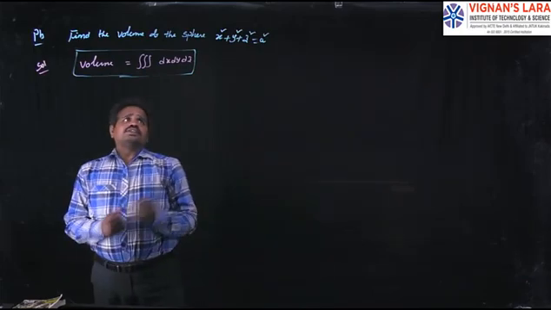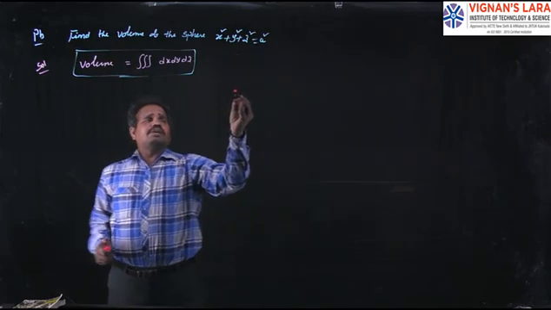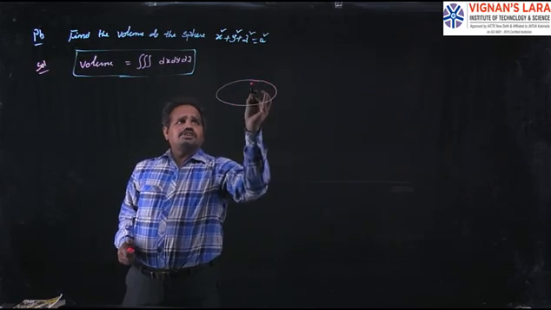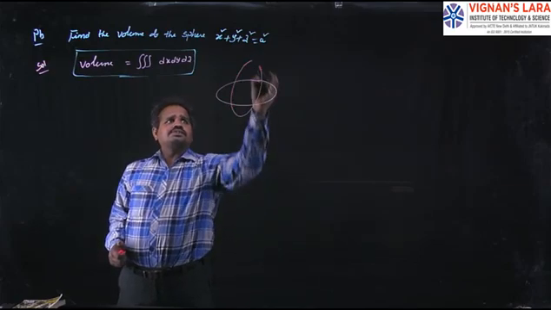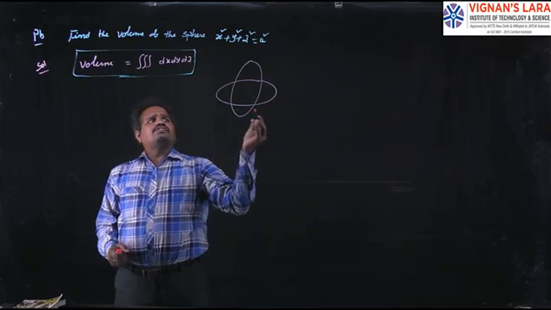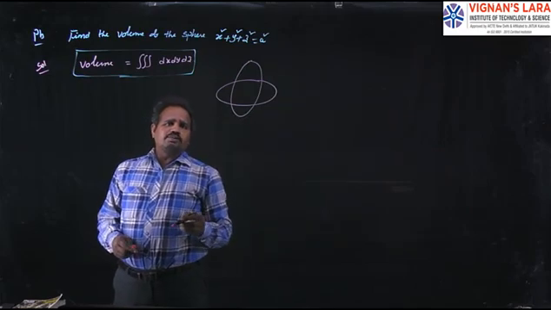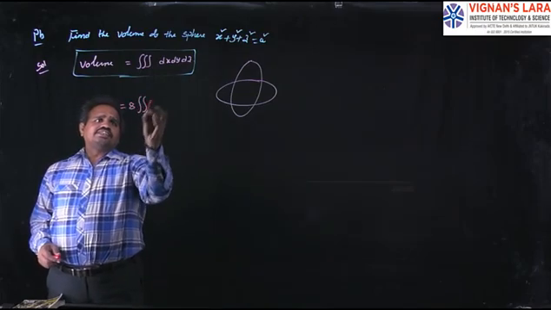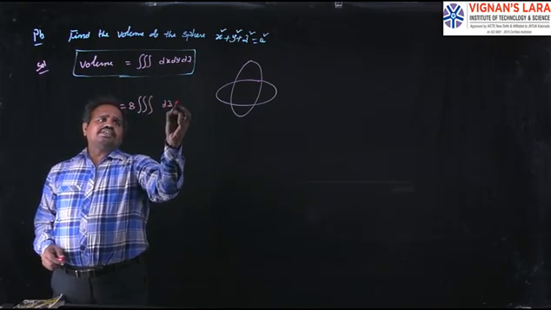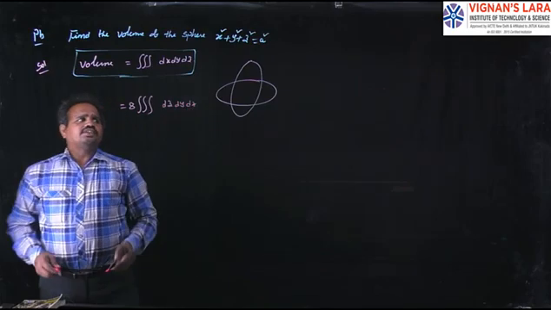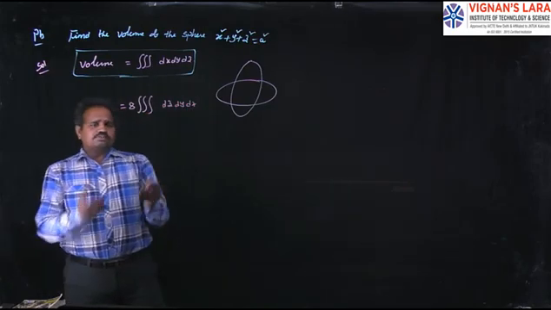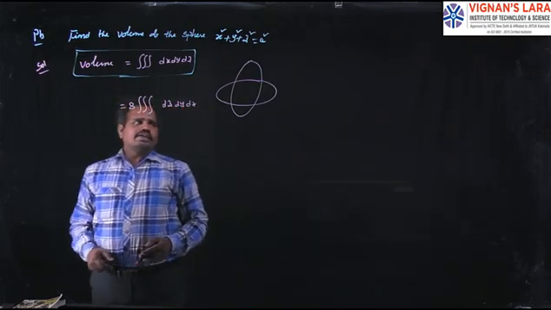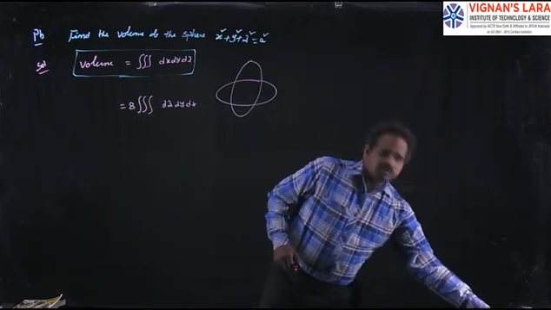So here the sphere divides the space into 8 equal parts. If you are drawing the sphere like this, so here this one divides the space into 8 equal parts. So 8 equal parts means this one I am rewriting as triple integral dz dy dx. If I know the value of this one, which is nothing but our ball, so our ball will occupy.